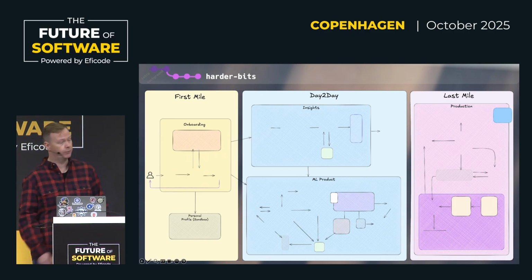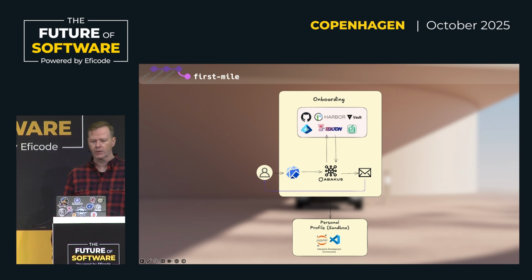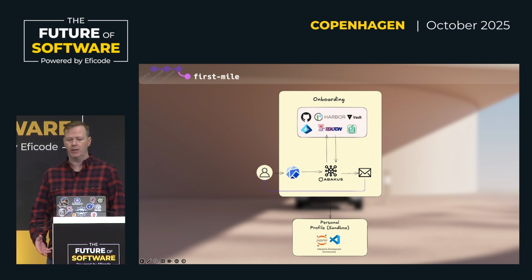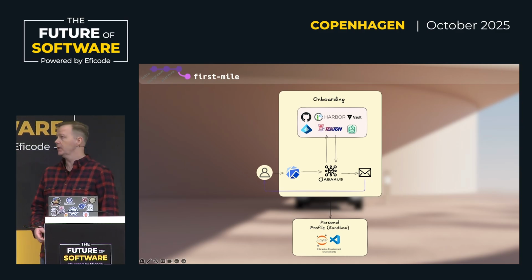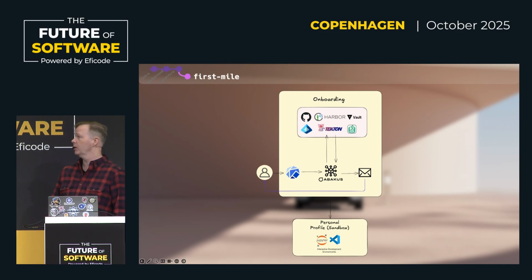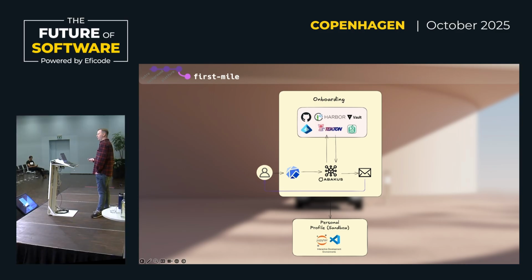So if we zoom in on the first mile now, this is about the onboarding process. It's our first touch point with the user. So we want this to be as seamless as possible. We direct all users to a common URL, and that's the Kubeflow Central dashboard. And we've configured it so that it calls out to our own specific onboarding application in the case where users aren't already registered. So this application creates all of the resources that they might need: a Kubeflow profile, a namespace